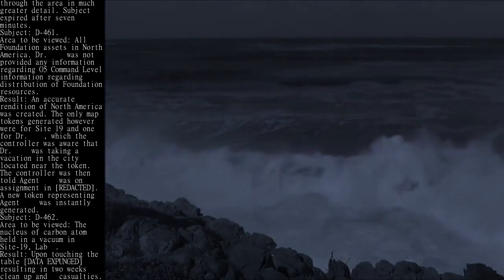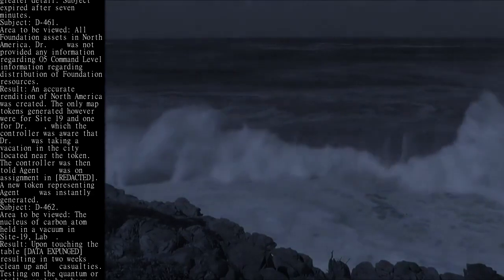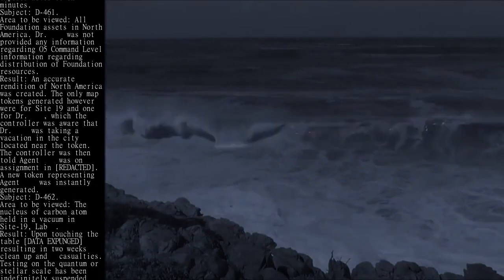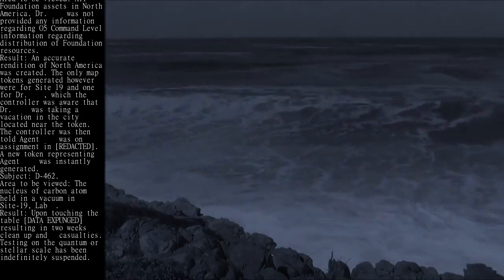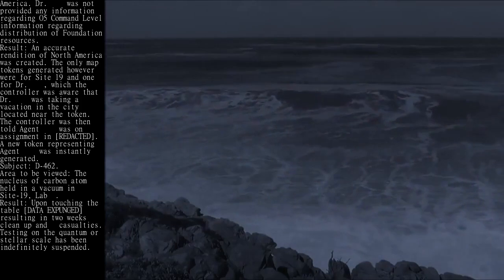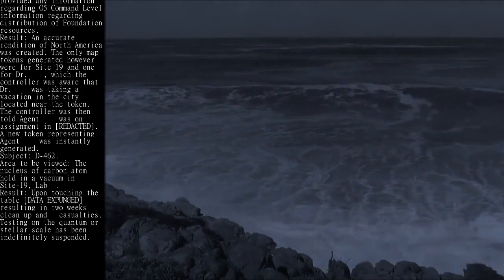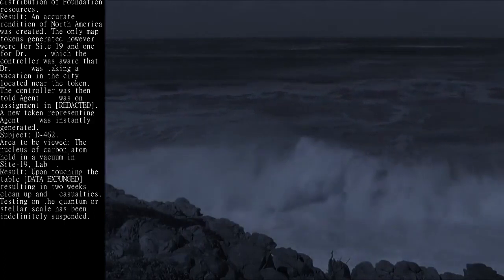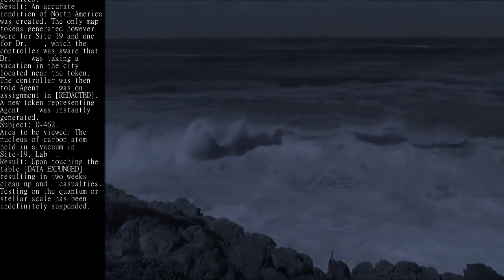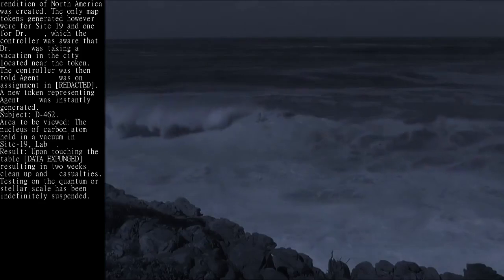Subject, D-461. Area to be viewed, all Foundation assets in North America. The doctor was not provided any information regarding O5 command level information regarding distribution of Foundation resources. Result: an accurate rendition of North America was created. The only map tokens generated, however, were for Site 19 and one for the doctor,